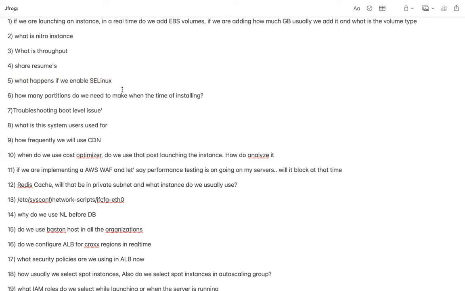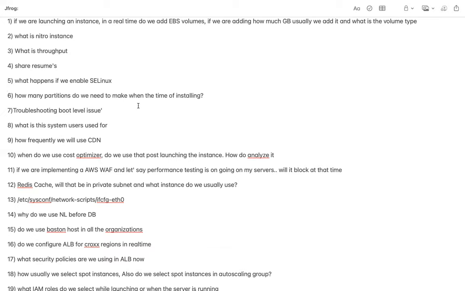So that's where I got this question. Okay, let me tell you. So far, working with multiple organizations, I have not seen even a single organization where SELinux was enabled. Why is it so? Because in a microservice environment, with databases and other standard operating procedures we follow, we have to make a lot of modifications. After making so many modifications, it becomes really difficult to manage the SELinux context itself, because we would need a separate team to manage SELinux contexts.